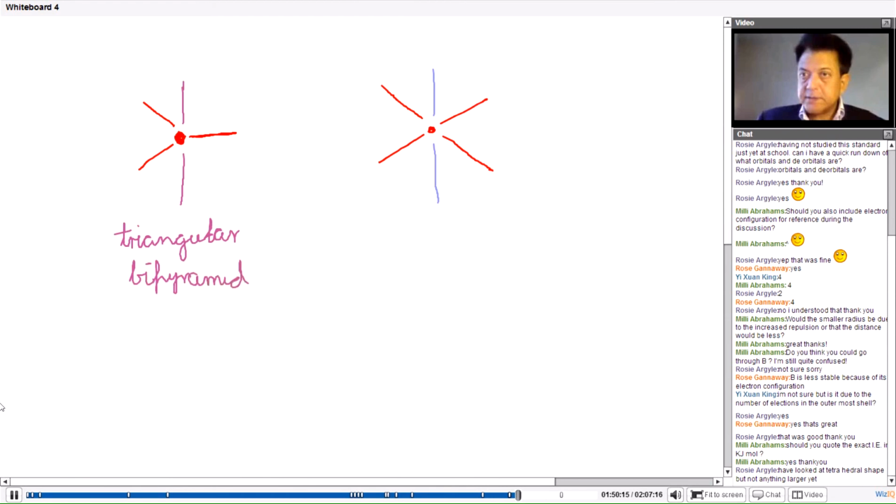If you look at this, if you join the apex of the top to these points here, you get a triangle on the base, and that peak there is a triangular pyramid. And of course, there are 2 of these, one on the top and one down below. Hence, we call it a trigonal bipyramid. And you could call this one similarly a square bipyramid. And the square bipyramid is also called an octahedron,